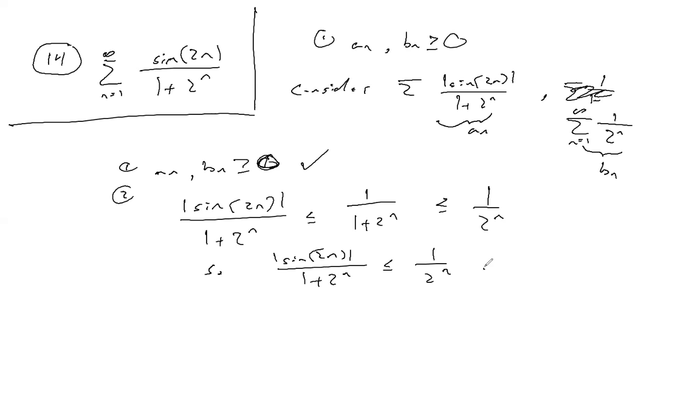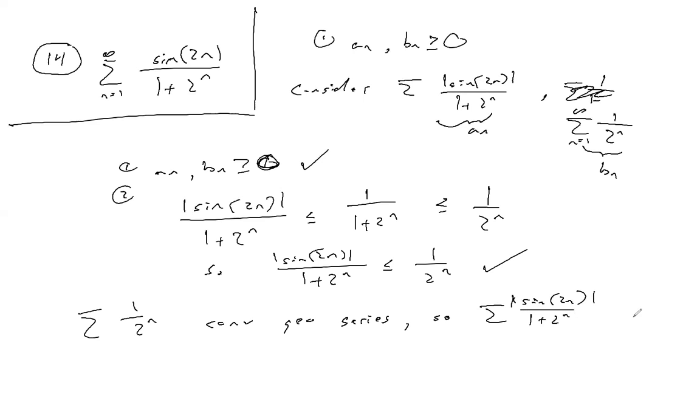Okay, so I got my second condition. I got my inequality. Then I would say 1 over 2 to the n is a convergent geometric series. So there's going to be a lot here. The sum of the absolute value of sine of 2n over 1 plus 2 to the n